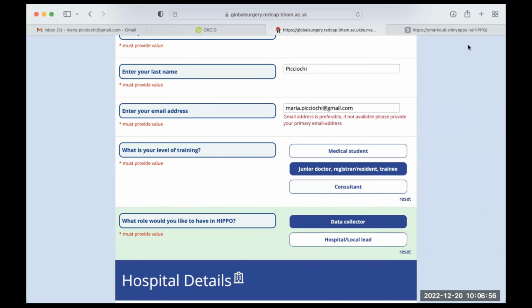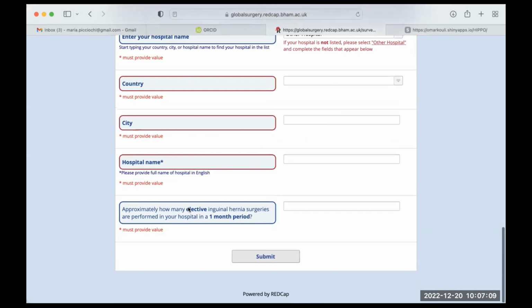Dr. Bisher, I'm not sure if I'm pronouncing. Hi, Dr. Maria. Sorry. Yeah, you've pronounced right. I have a question about the last question in the form, which states the approximate number of elective surgeries. We don't know how many surgeries we will have next year, as we don't have scheduled surgeries. So we've put an estimate.